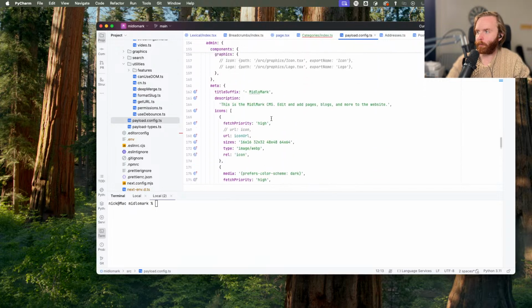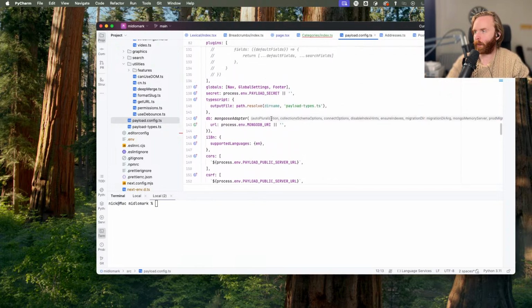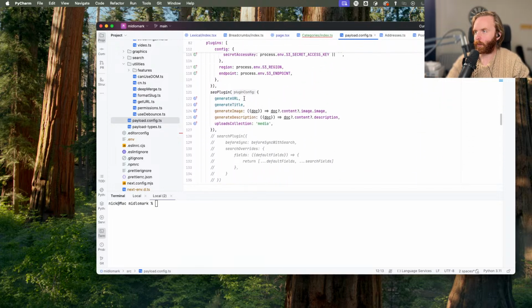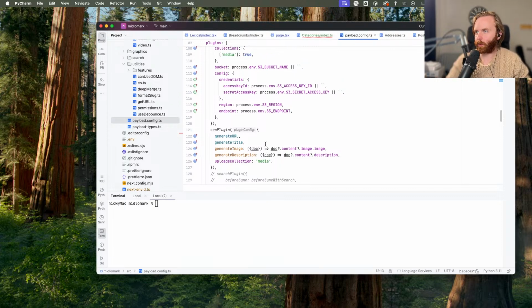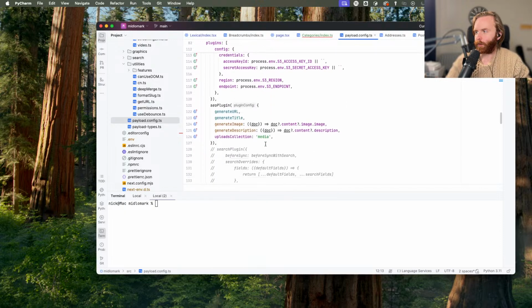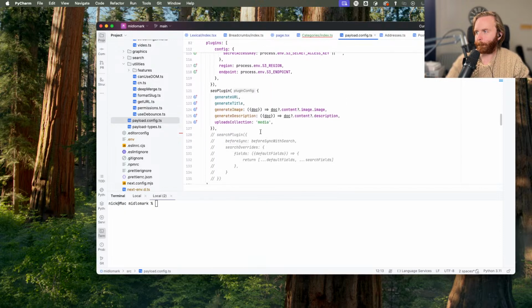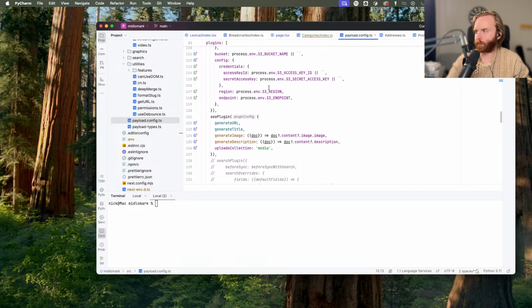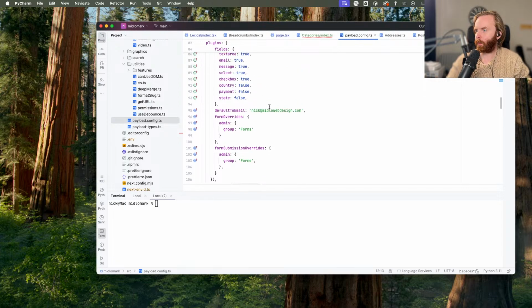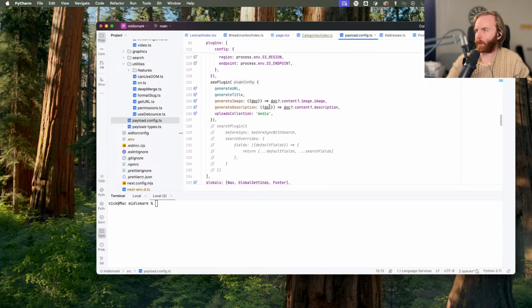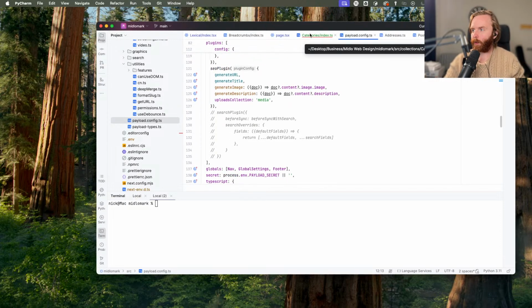Do I even have any plugins here? I must. Yeah, there we go, SEO plugin. All right, perfect. So we've got our storage plugin in up there too. So what we'll do, all right, cool. And that's our forms plugin. All right, so we will